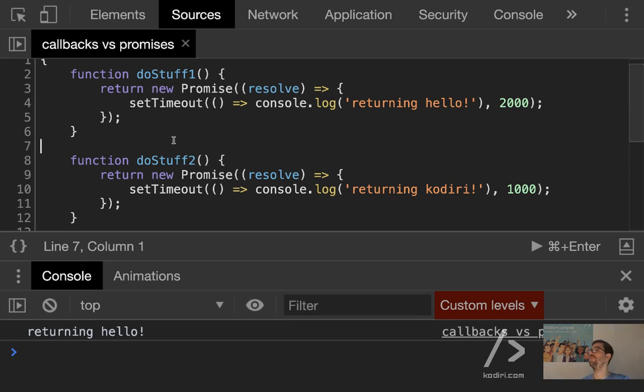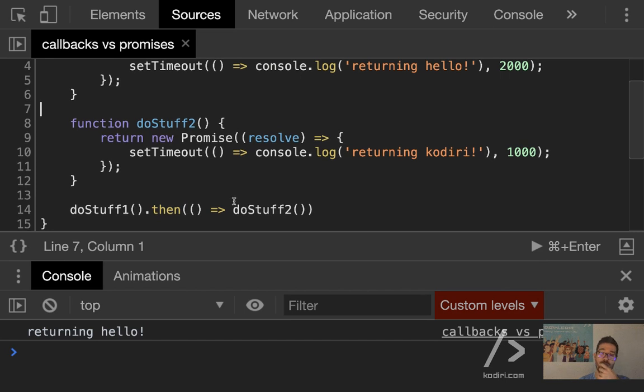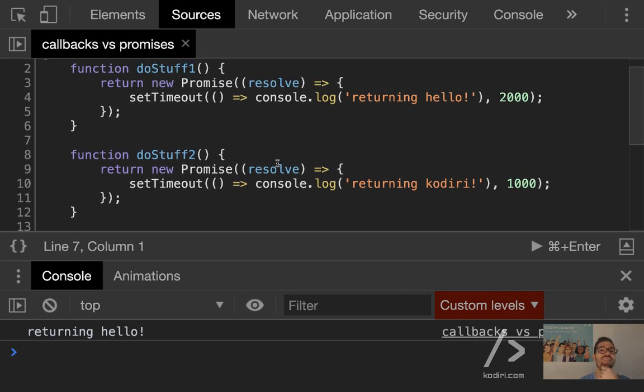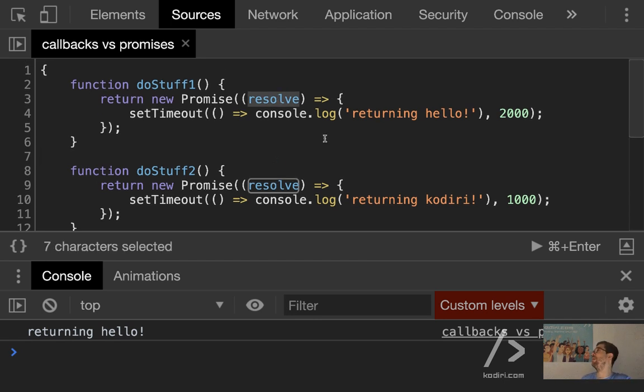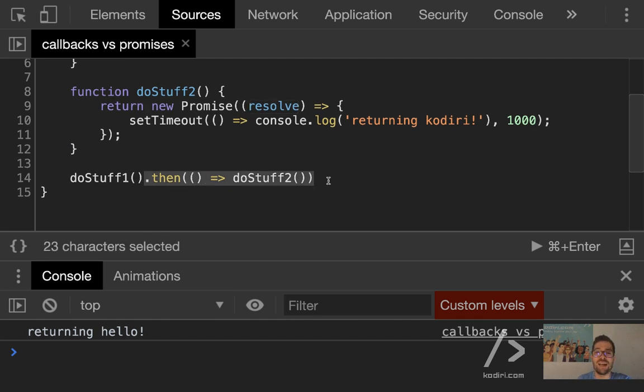DoStuff2 is not a part of your promise, because you are not saying then do it after doStuff2. No, wrong. There is the return, and you finish with that one. No. Stop. I give you a hint. What happened with that argument? It's similar. We are never ever resolving the first promise. Because we are not resolving the first promise, dot then will never run. Because technically speaking, doStuff1 takes infinite time.